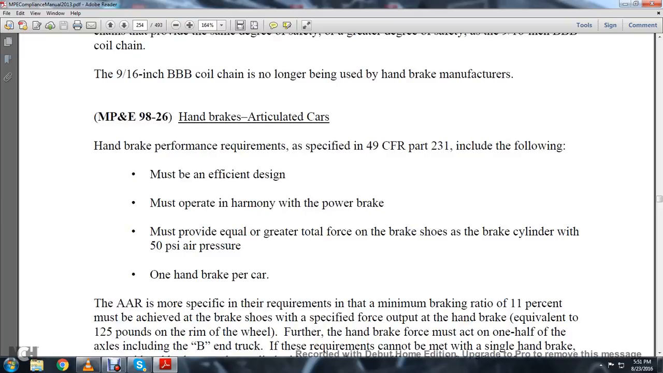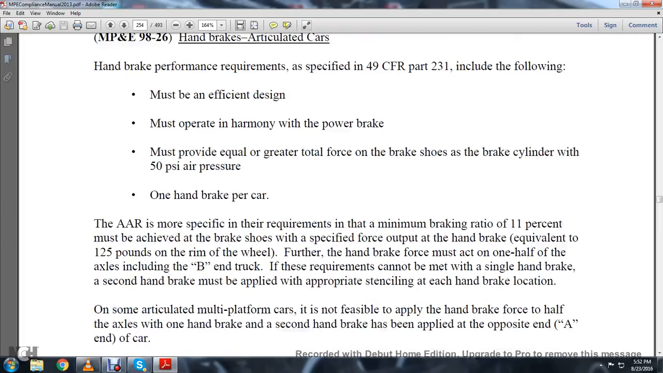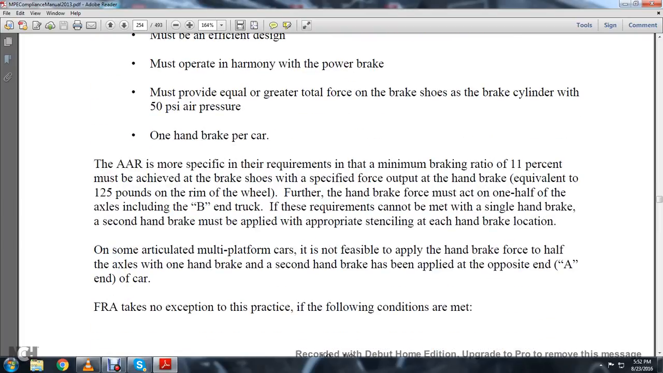Motive Power and Equipment 9826, handbrakes, articulated cars. Handbrake performance requirements as specified in Title 49 CFR Part 231 include the following. Must be of efficient design, must operate in harmony with the power brake, must provide equal or greater force to brake shoes than the brake cylinder with 50 psi air pressure, one handbrake per car. The Association of American Railroads specific